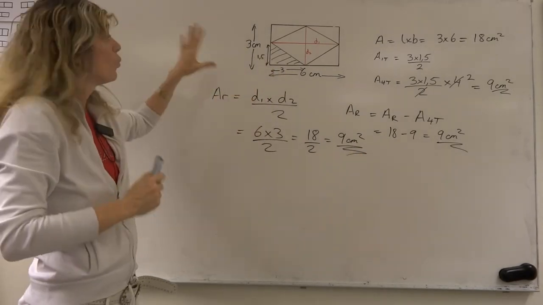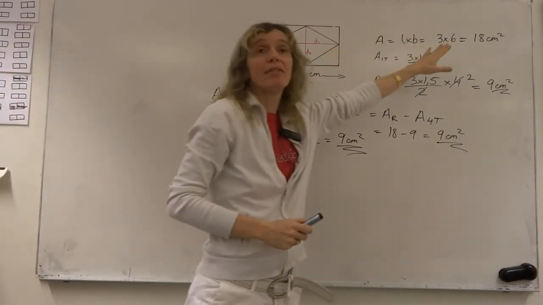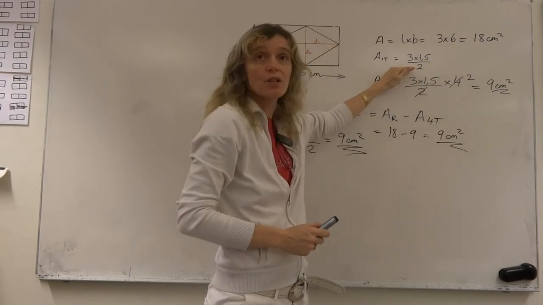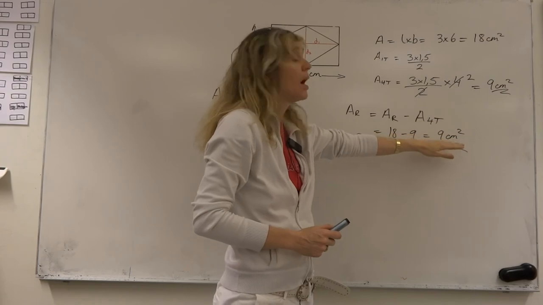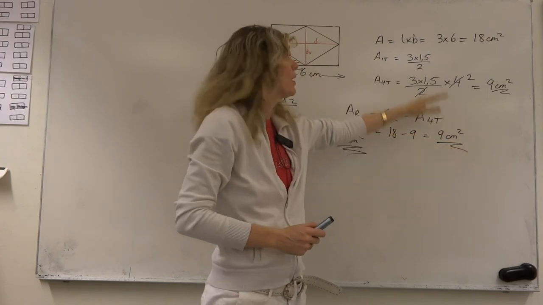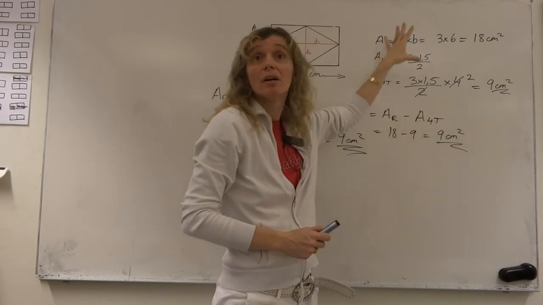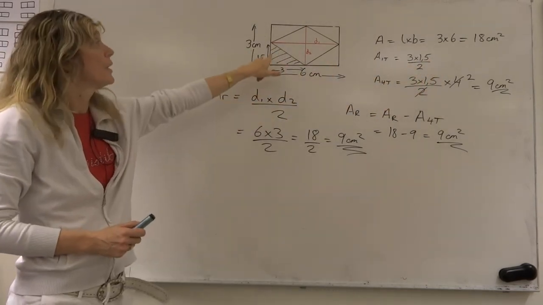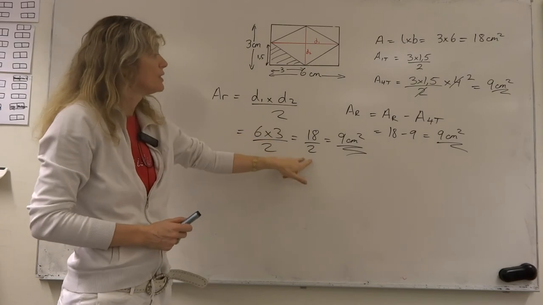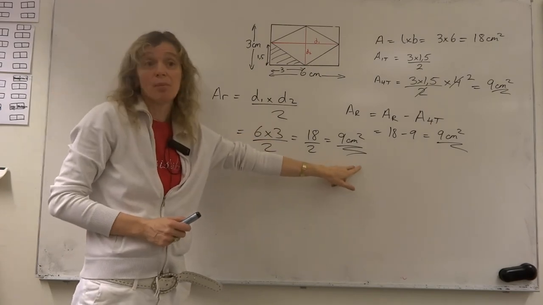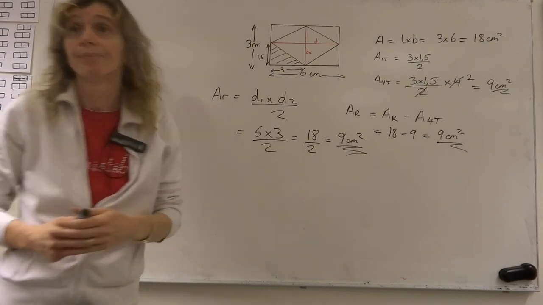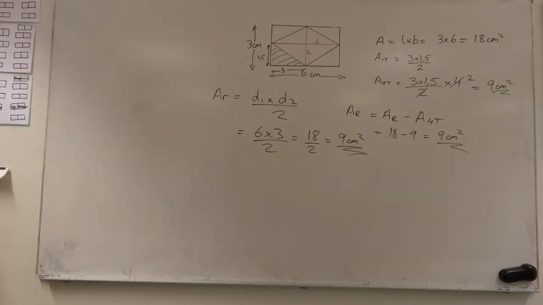And here we got it in one go, instead of having to first work out the area of the big rectangle minus the area of the small 4 triangles, giving us the area of the rhomb. So here we have possibilities for error. If we use this formula instead, diagonal 1 multiplied by diagonal 2 divided by 2, we get the answer much faster, less risk of errors. Okay? So that's quite